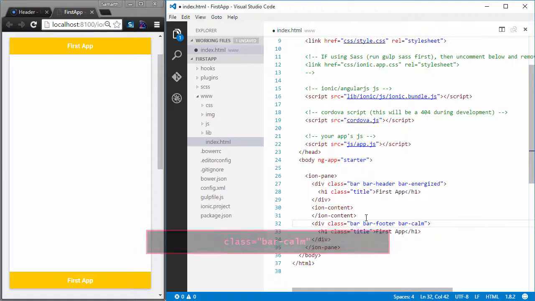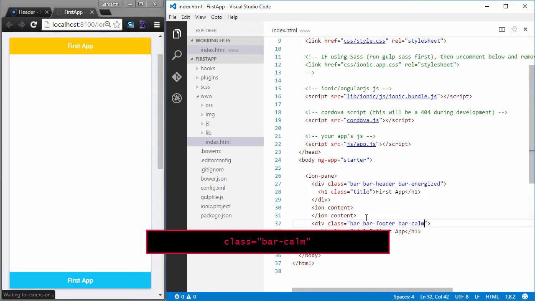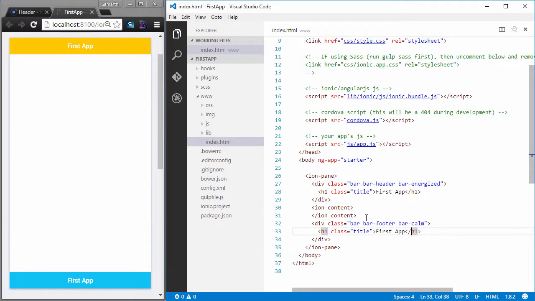So I'll just try the bar-calm class, and you can see I have a calm blue color on the footer. Okay, we have a text inside of here, and we can change the text as well. And as soon as you save, the changes are reflected in the browser. Okay, so this is how you create ion-header-bar and ion-footer-bar.